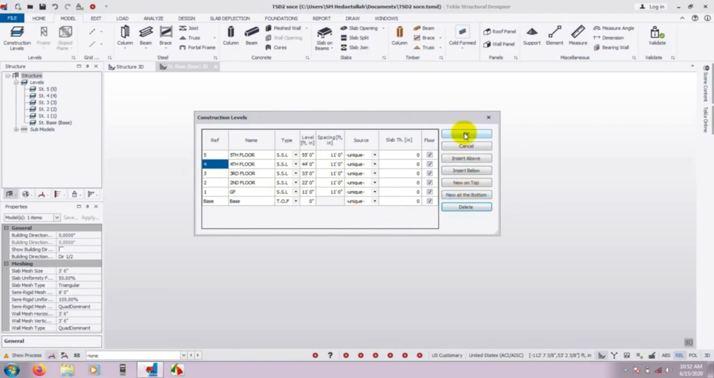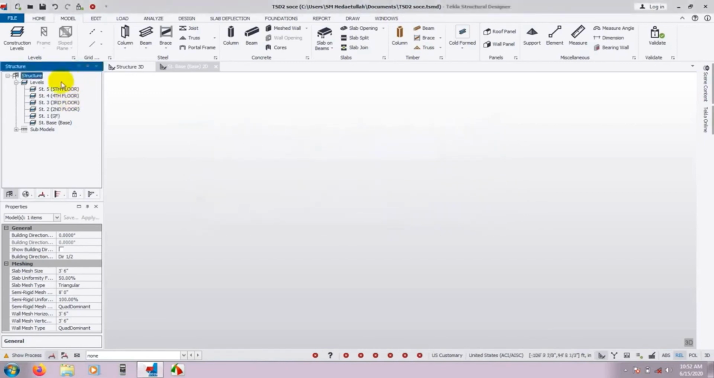So after that we have to press OK, and just see here our floor level has been changed. Okay, our floor level has been changed. So in this way we can draw our structural floor level. I mean, what will be the value from one floor to another floor. Okay, so